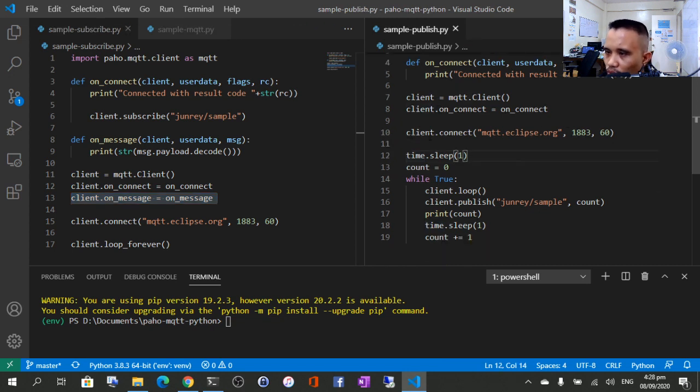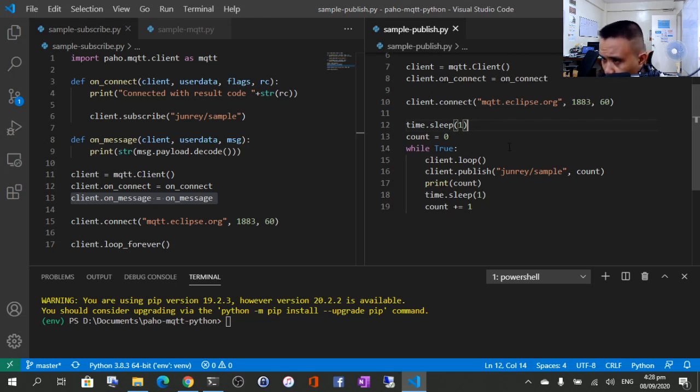I still have the client dot connect, but this time before I would actually run the rest of the code, I put some delay of 1 second, and I set a counter to 0. So what I would like to do here is that the publisher will publish the value of count, and it will do it every 1 second, while the subscriber here will only display the value of count. So to test it out,